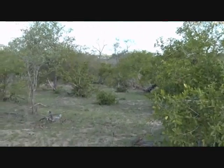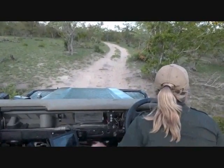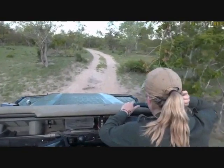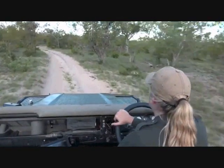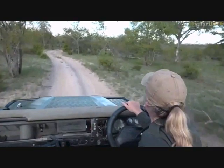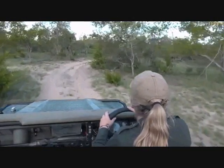It does look like there's quite a bit of clay, and clay will... Sorry, let's carry on. These impala are disappearing. There's some more up ahead though. And clay drains very well. It doesn't really hold water so well. So possibly that's the reason why. Because I don't think I've actually ever seen any water in. The only time I really saw anything, I've only really ever seen it quite muddy or liquid mud, I suppose. But other than that,